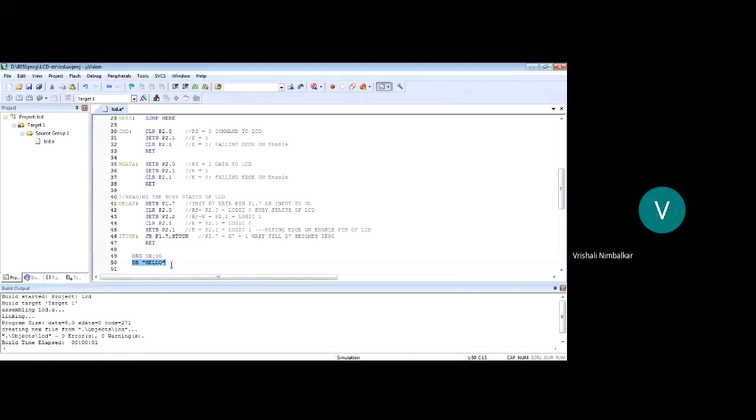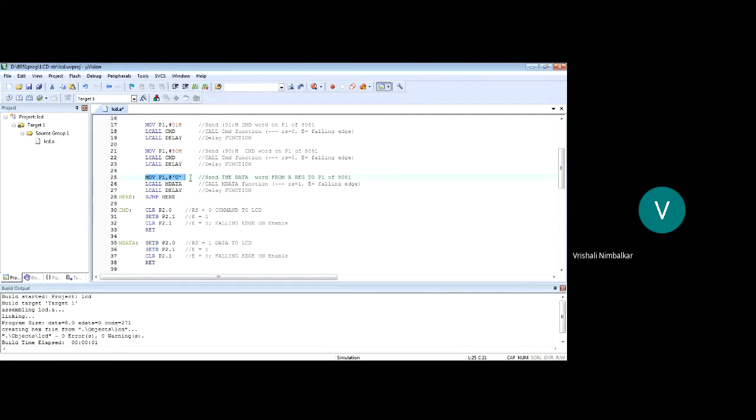So I need to pick the characters from the program memory. And how many characters are there? HELLO, there are 5 characters. Correct. It means I have to repeat this MOV P1, lcall data, lcall delay, 5 times, to display those 5 characters.